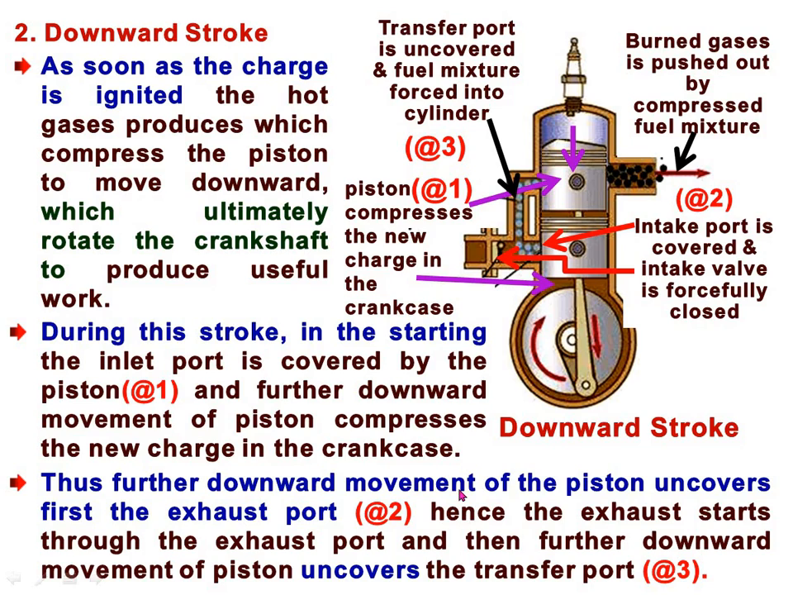Further downward movement of the piston uncovers first the exhaust port. Now if the piston goes downward, see, this is the downward position of the piston. In that case, we can say the upper port, that is our exhaust port, is uncovered. So whatever exhaust gases have been produced through the burning of our air-fuel mixture go outside into the atmosphere. Upon uncovering the exhaust port, exhaust gases start to expel through the exhaust port, and further downward movement of the piston means